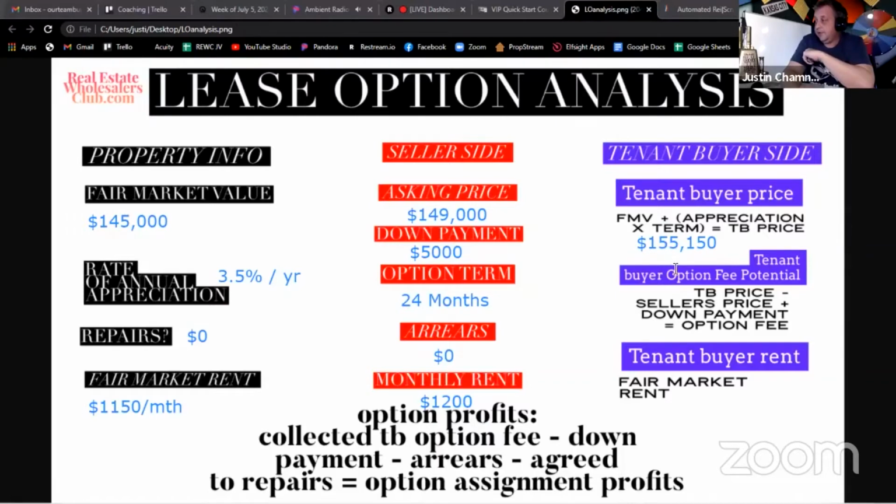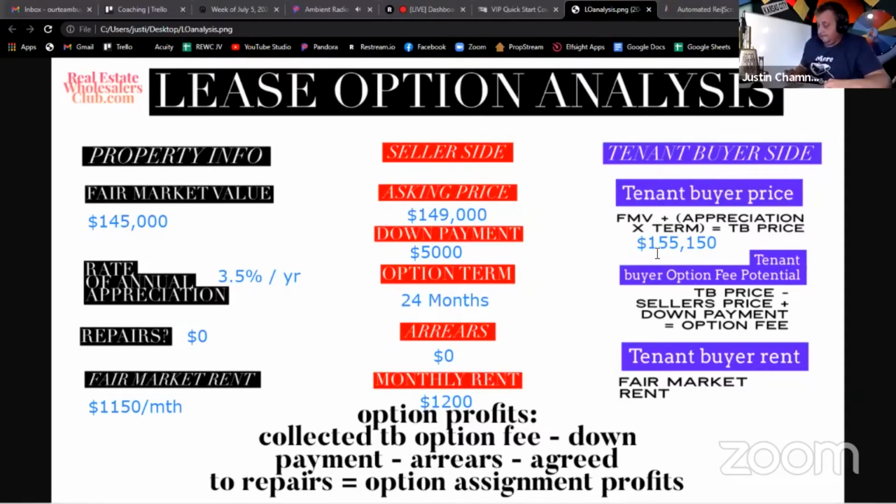So let's do that right now, and maybe that'll help clear it up a little bit. Let's do the tenant buyer option fee. What's the option fee, the down payment, so to speak, from the tenant buyer? How do we calculate that? The tenant buyer price, 155,150. So get your calculator out. The tenant buyer price of 155,150. That's our new price for the tenant buyer. We're going to subtract the seller's price of 149,000. Okay. That equals